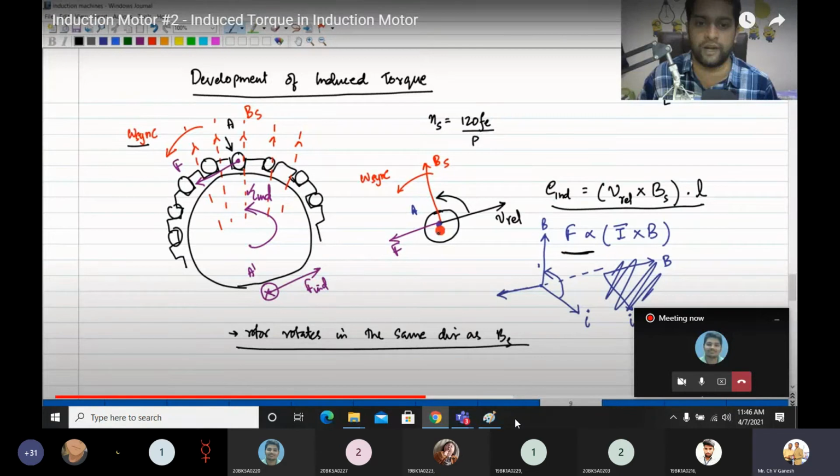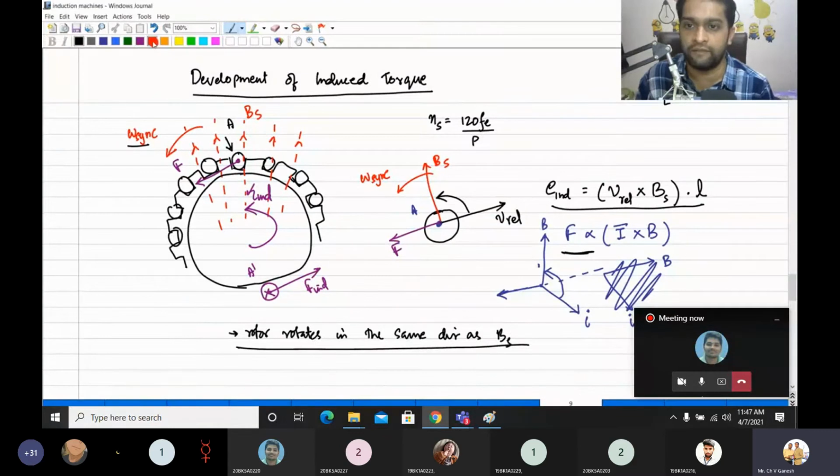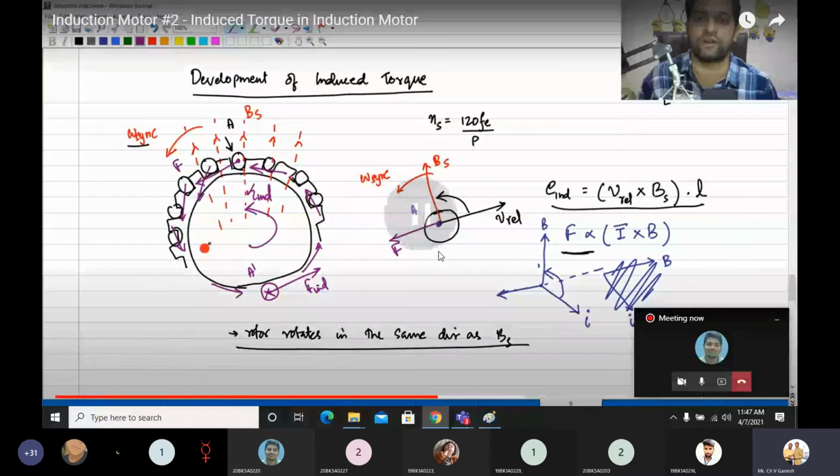Okay, the force direction comes from using these vectors. The induced EMF is given by this equation, and draw this one. This is how the direction of the force is obtained. For one conductor, and the directly opposite conductor, the force will be in the other direction. So every conductor here will experience a force, right? One force will be like this, another force will be like this, so overall you are getting a counterclockwise torque here.